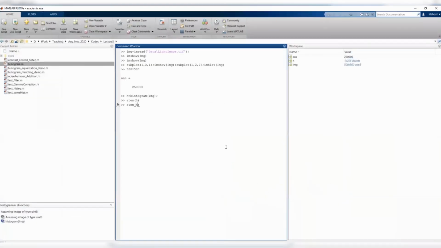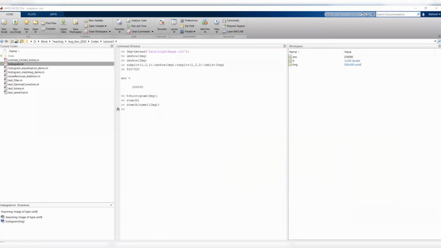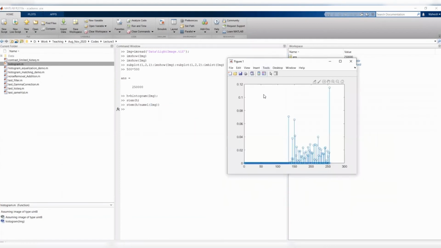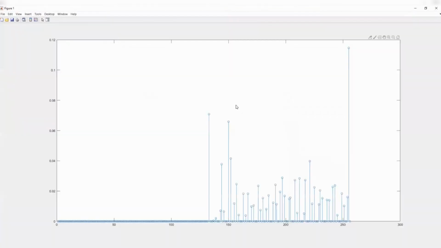Then you get some interesting intuition in the histogram. So what I'm going to do is, instead of the plain counts, divide by the number of pixels, that is, the number of elements in the image. So then you have something like this. Here we call it a normalized histogram. If you're coming from a probability or statistics background, this has an interesting aspect.